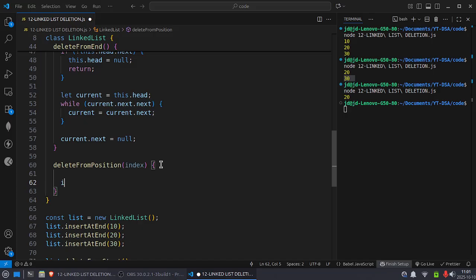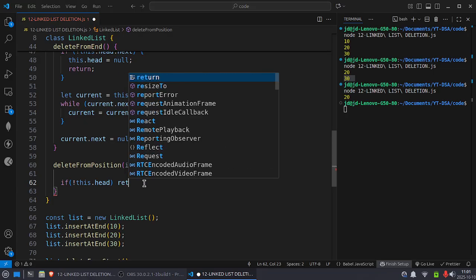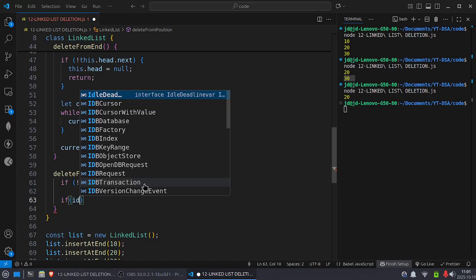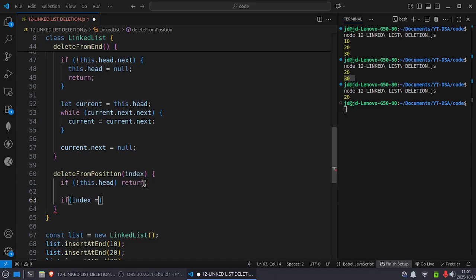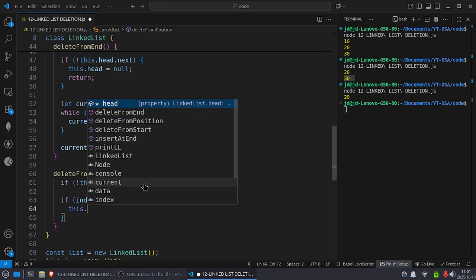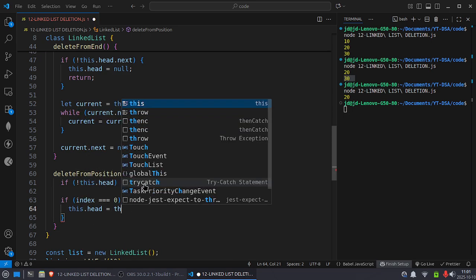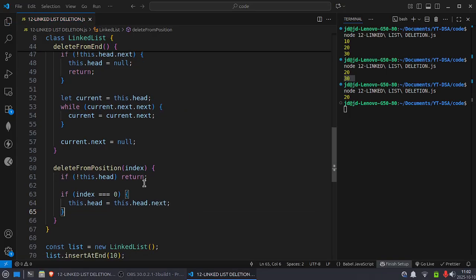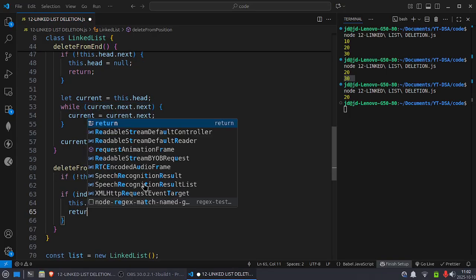First, check again whether the list is empty or not, and return. Now if index is equal to 0, which means the delete from start case, then this.head equals this.head.next, and we return.